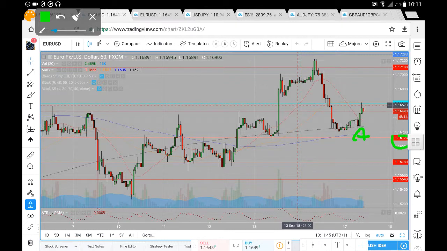Successful break from which we're looking to test 1612, and if there is sufficient volatility to the downside, possibly even 1578 or 1554 may come into focus here on the euro dollar. If however we can break and hold the 1660, we're looking for a move up towards that 1710, successful break from which looking for a true test of that 1728, and if there is that volatility bring us beyond